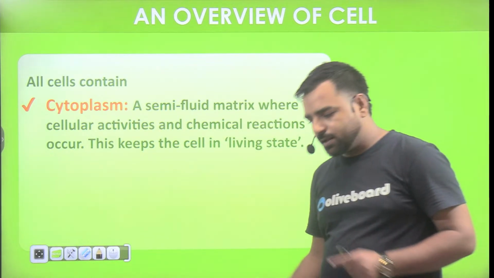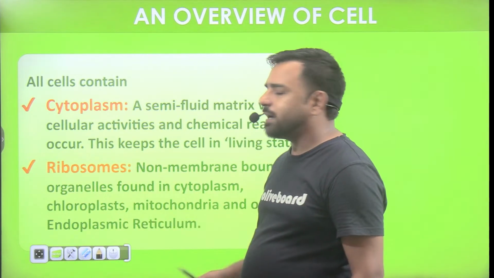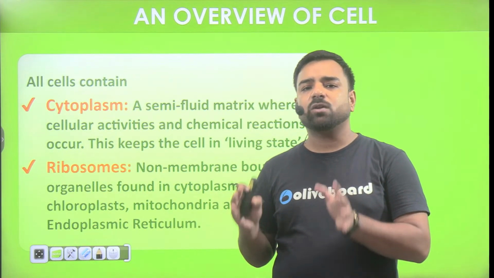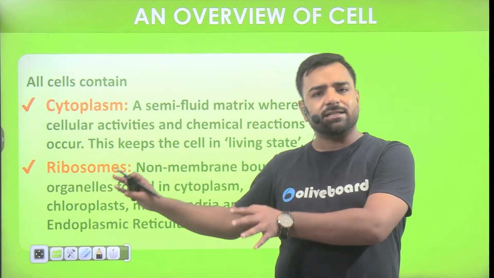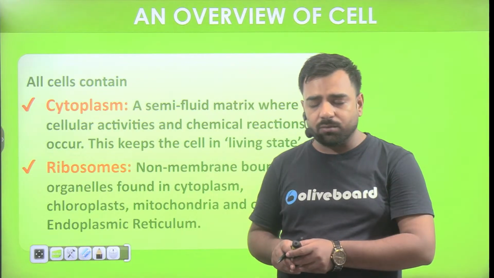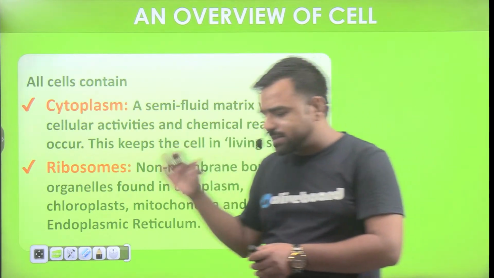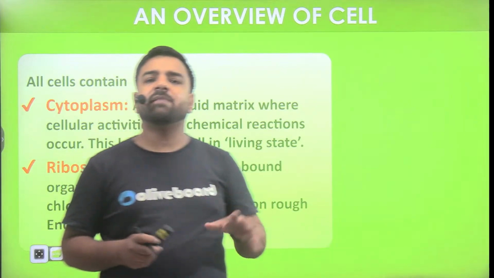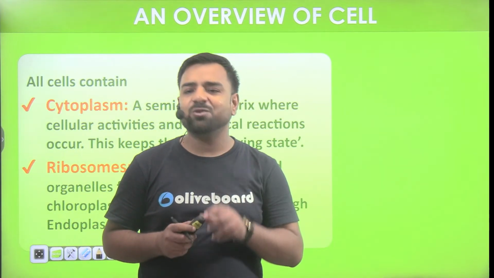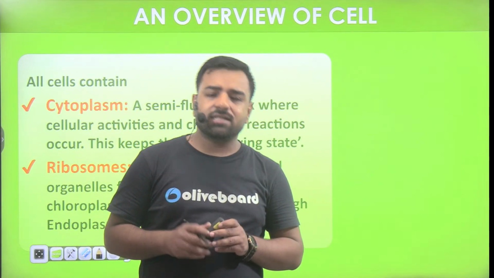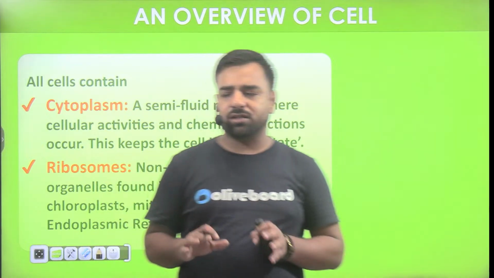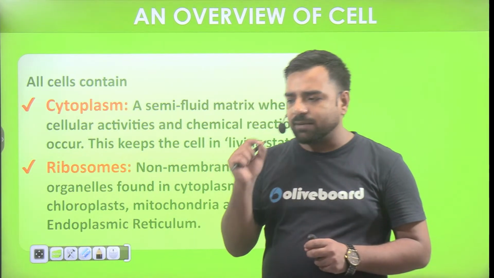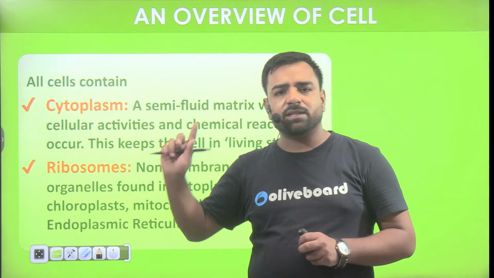Point number one. The next one is ribosome. Ribosomes are known as the protein factories because protein synthesis takes place in the ribosome. One more thing, in today's class we'll see that all the other cell organelles have a membrane, but ribosome doesn't have any membrane. So it is a non-membrane bound structure, which was asked in the examination, so I pointed this out. One more thing, ribosome is found freely floating in the cytoplasm, point number one.